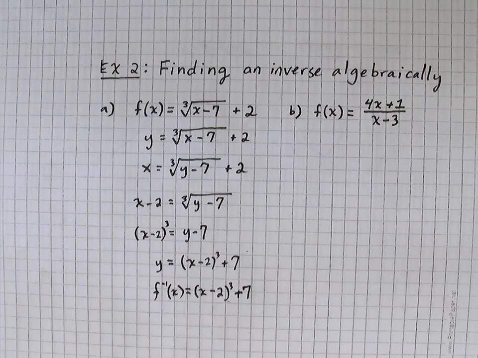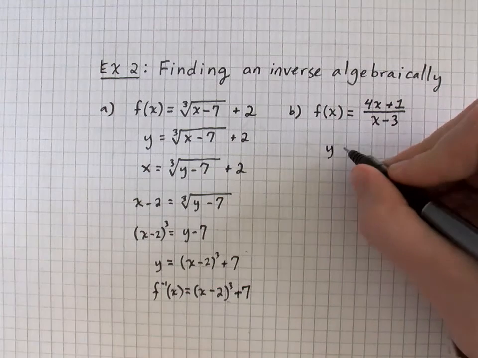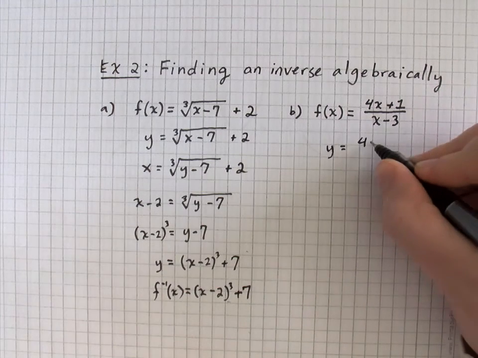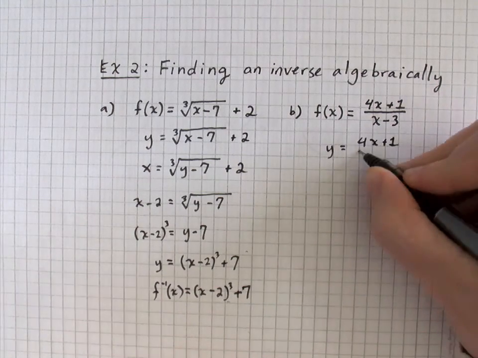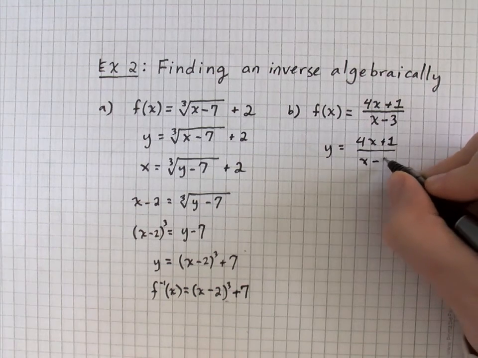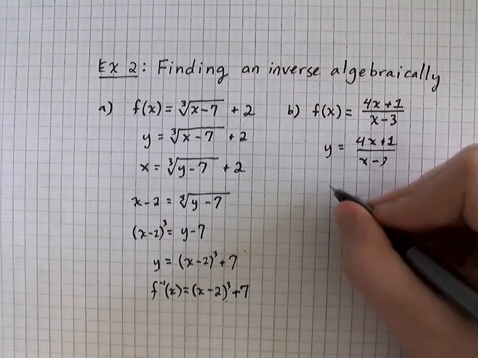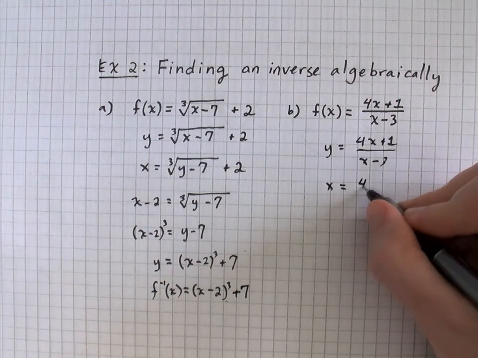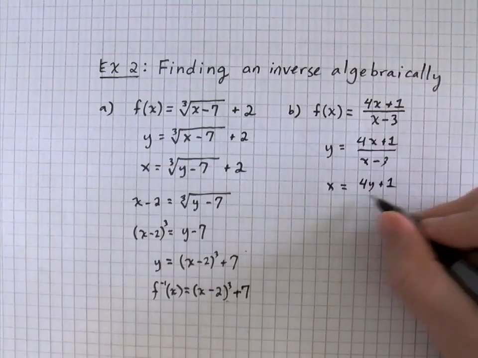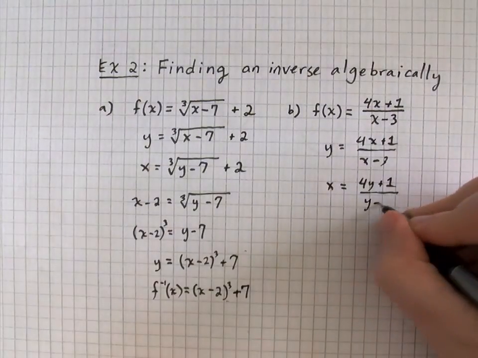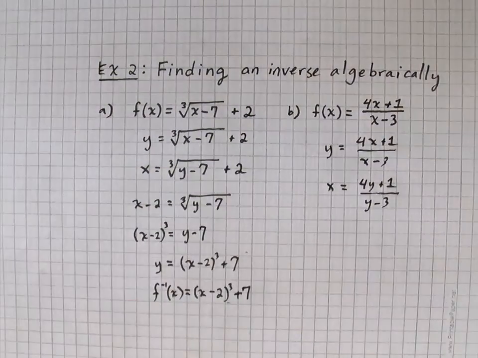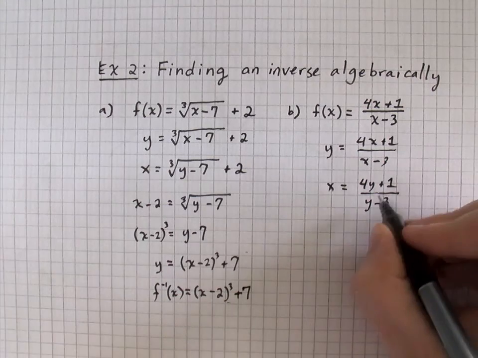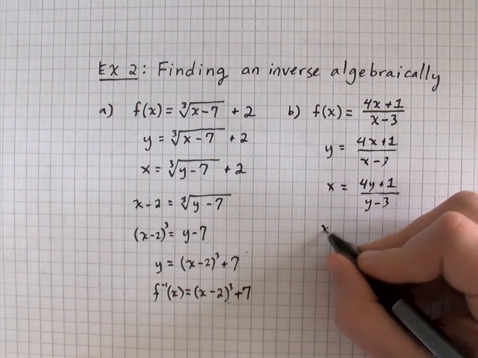Letter B, this is one that sometimes students seem to think can't be done, because when you first switch x and y, it seems sort of hopeless because you have an instance of y in the numerator, you have an instance of y in the denominator, and how are you going to solve for that y? Well, here's the trick. Basically, multiply both sides by y minus 3,